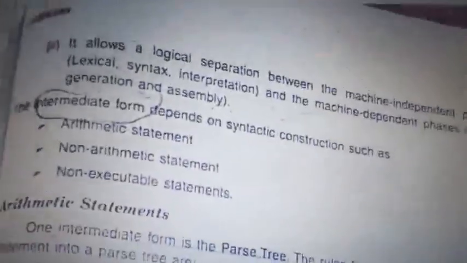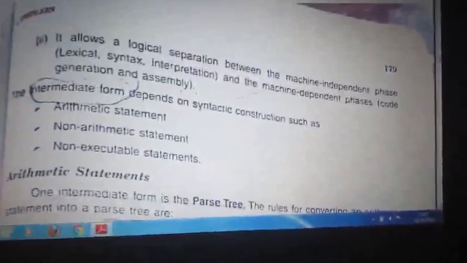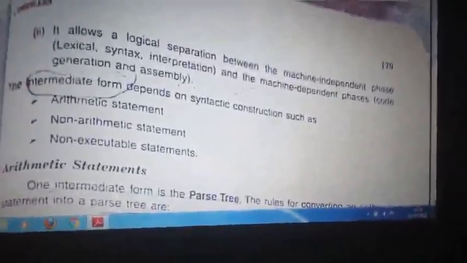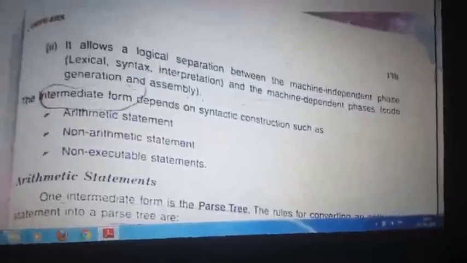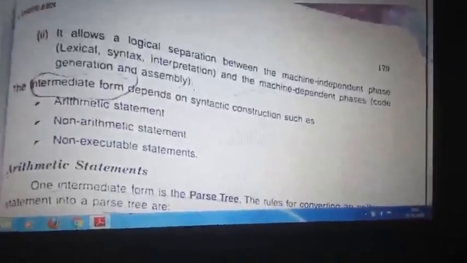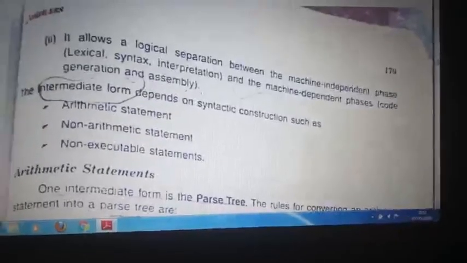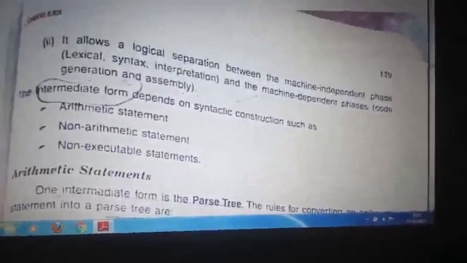it allows logical separation. So intermediate code helps us to separate lexical, syntax and interpretation, means the lexical analyzer analyzing the basic elements, analyzing the syntax and analyzing the meaning, that is semantic. Semantic is nothing but interpretation, one logical phase, and code generation and assembly is another phase.